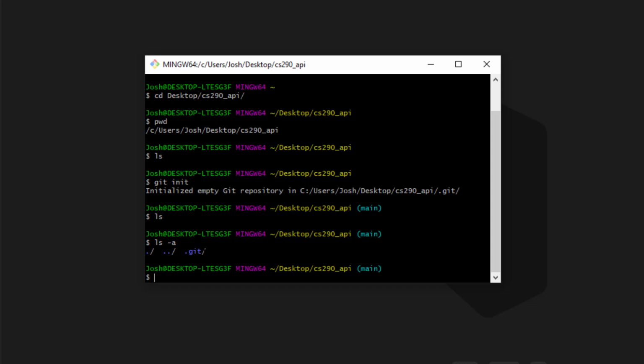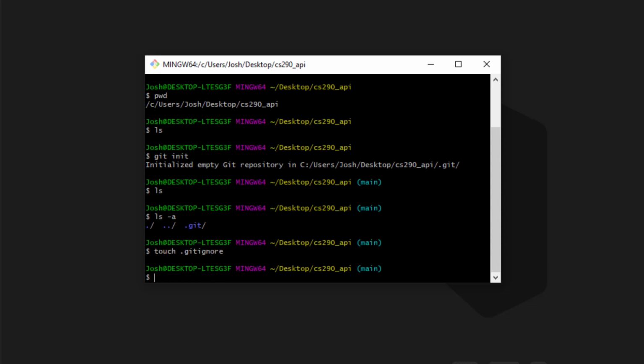You should never, ever, ever, for any reason, go into this folder and change anything or edit anything, because it'll break your entire Git. Only ever make changes to this through the Git CLI by adding things and adding commits and things like that from the command line. So I have created that, and now I want to